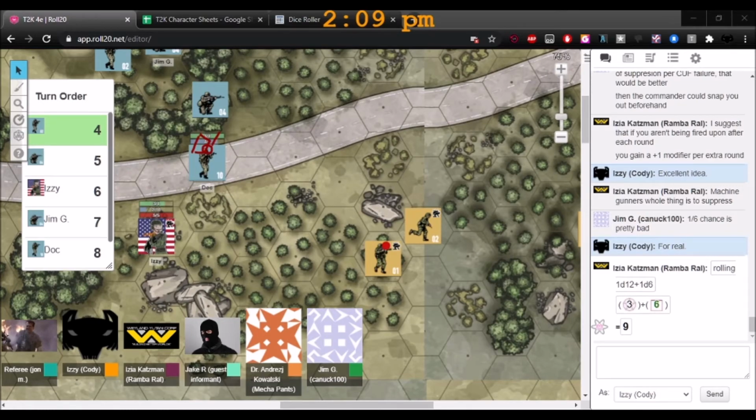Okay, cool, that's great. That's amazing. So you were suppressed for the maximum amount. Yeah, 2 turns, apparently. 2 rounds. Oh my god. Panic spreads for suppression rolls. That's for if you're in the same hex, though, which didn't come up here.